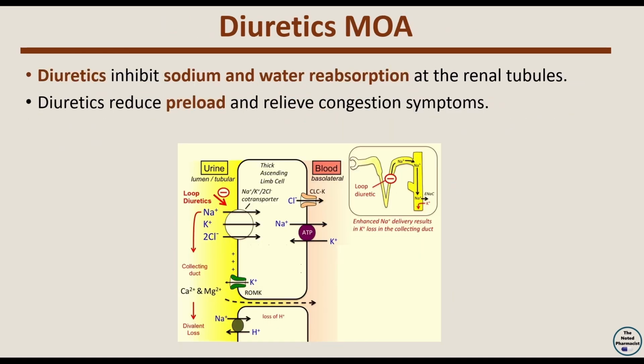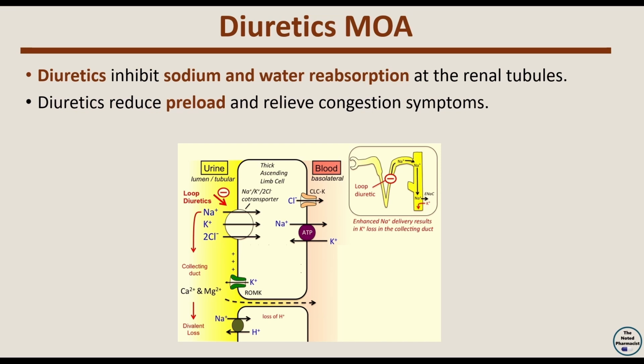Diuretics. Diuretics inhibit sodium and water reabsorption at the renal tubules, primarily acting at the loop of Henle or distal convoluted tubule depending on the subclass. This reduces preload and relieves congestion, which helps to alleviate symptoms such as pulmonary edema and peripheral swelling in heart